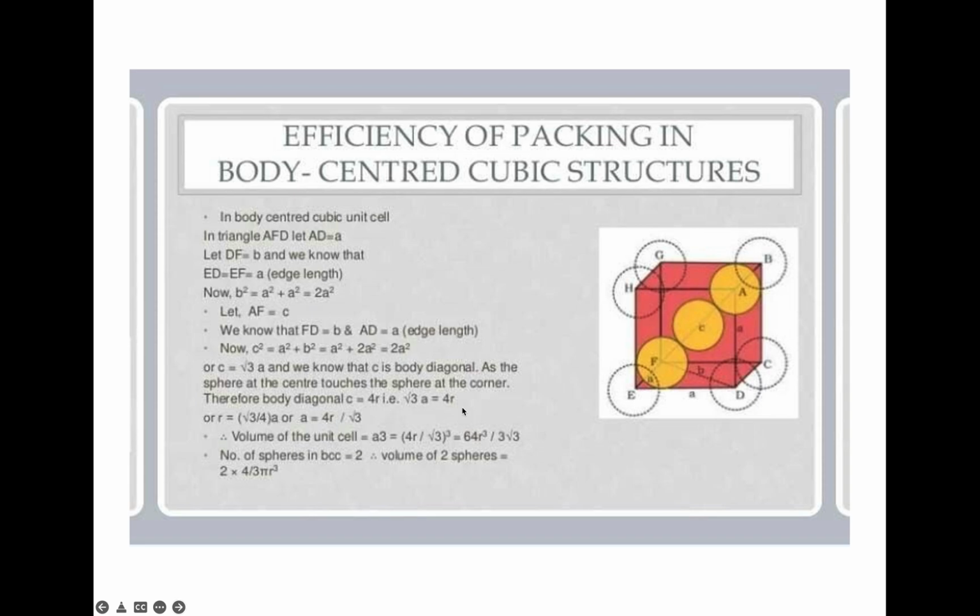Remember, root 3 A is equal to 4R, or A is equal to 4R by root 3. So, the volume of the unit cell is equal to A cube. Just take the cube of this, and you get 64R cube divided by 3 root 3. The number of spheres in BCC is equal to 2. So, the volume of 2 spheres is 2 into 4 by 3